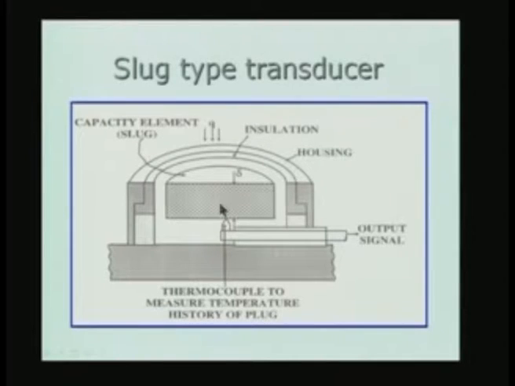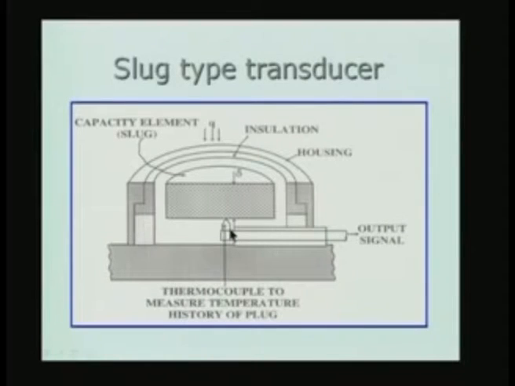Basically what we are going to do is to look at the slug, which has the top surface exposed to the heat flux which has to be measured, and we have fixed a thermocouple. In fact, the thermocouple in principle could be placed anywhere inside the slug, but in this particular case it is placed at the back surface, and the temperature response of the back surface of the slug is actually going to be measured as a function of time, and indirectly we are going to find out what is the Q which gave rise to the temperature increase here.